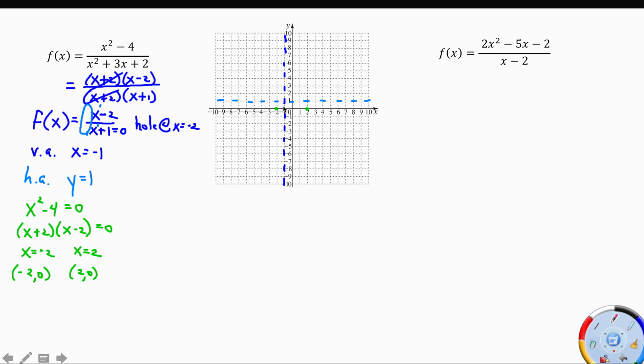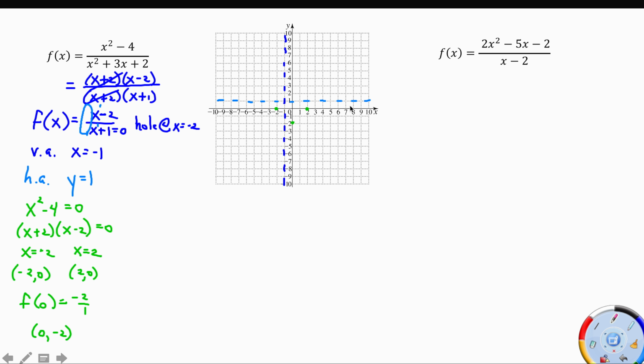Y-intercepts is when x equals 0. So if I plug a 0 in to my function, I get 0 minus 2, so negative 2 over 1, which gives me the point 0, negative 2. All right, over here I'm pretty good. There's only one thing left I need to know before I draw it in. Does it cross this line and follow it from the top,